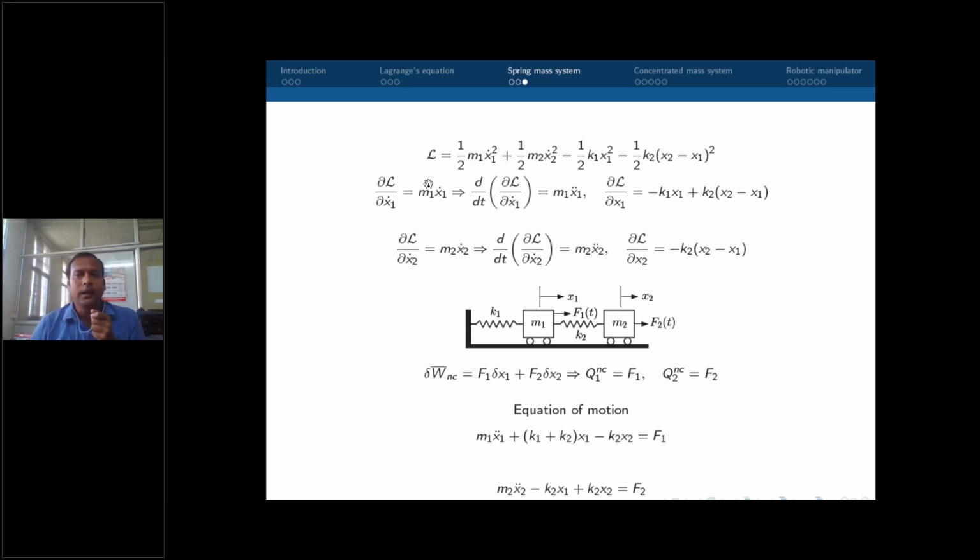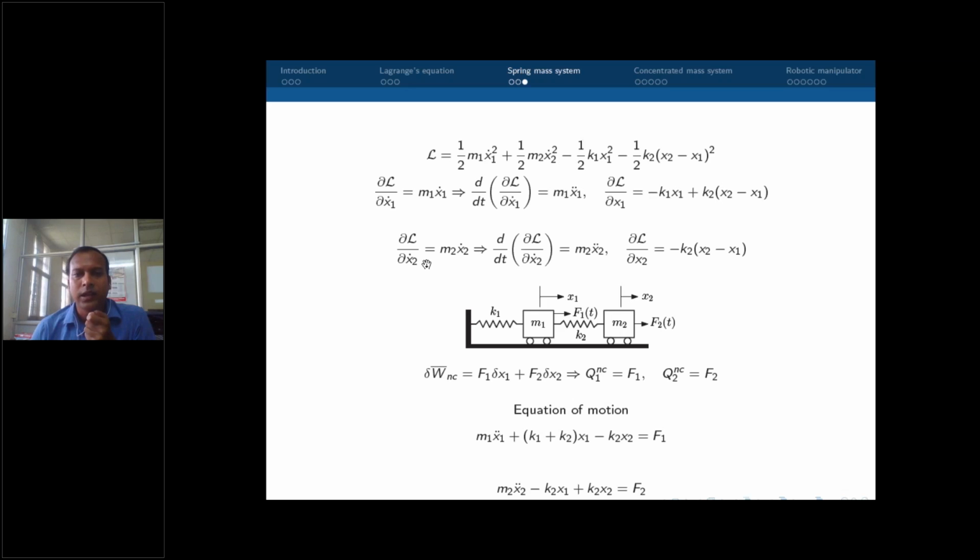Okay, now here again I have written the Lagrangian. Then one by one we have found the quantities. The first quantity, as I mentioned earlier in the previous slide, is that for Lagrange's equation of motion, we have to find the derivative of the Lagrangian with respect to x1 dot, and then its time derivative. So the steps I have shown you here. And then the next term was the derivative of the Lagrangian with respect to x1. Both the derivatives we have shown here. This is for the first